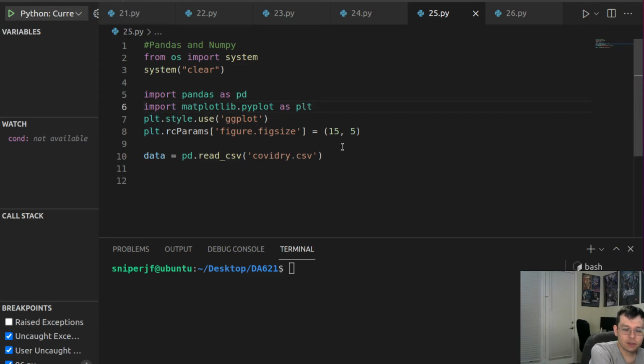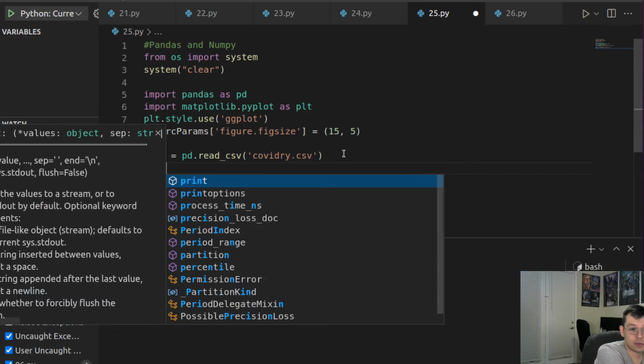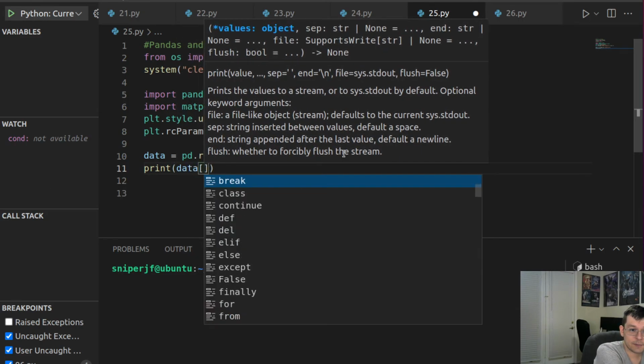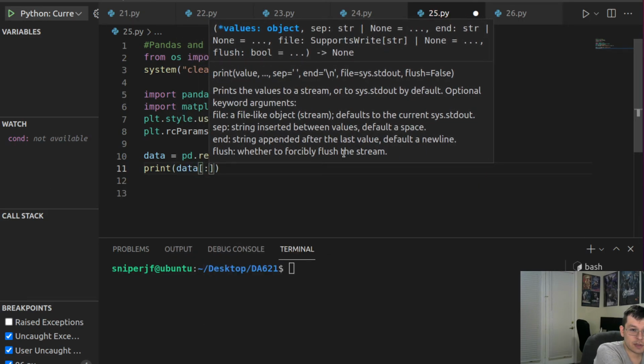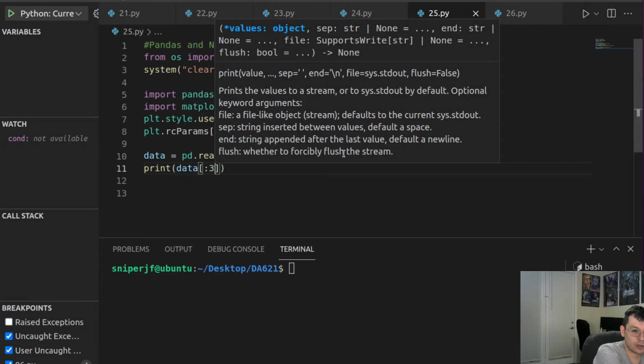Okay, so that is loaded in. Nothing exciting happens because we're not doing anything with it. But let's go ahead and print it out so we can see it. So I'm going to print out data, and I'm going to just print out the first 3 entries. Now,